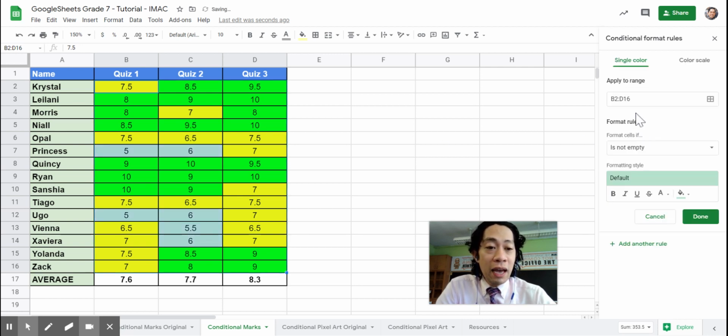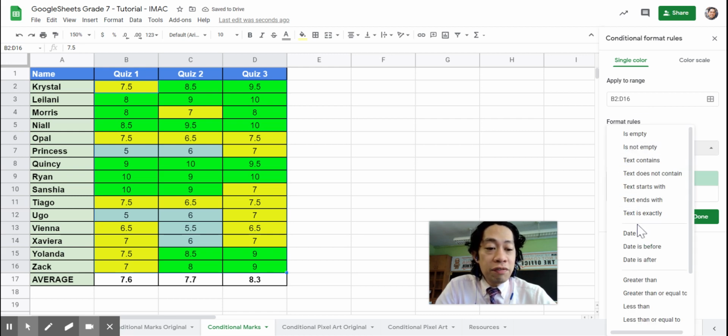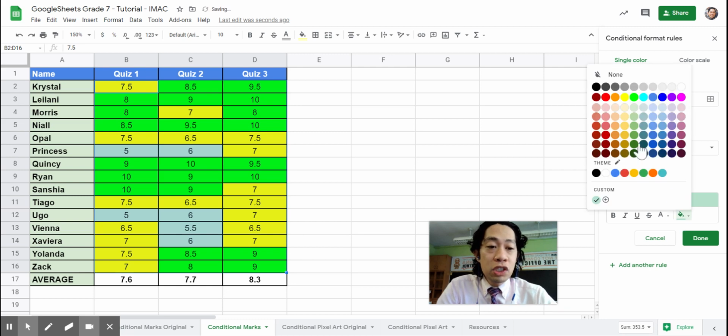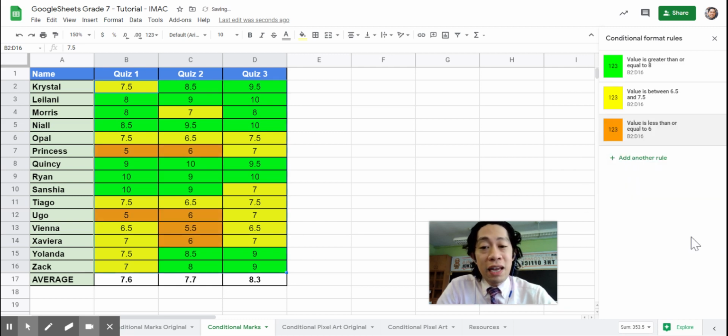The last rule I'm going to add, or the third rule I'll add, is if these marks are less than or equal to 6, then I'm going to change these to orange. So again, it filters out and looks for numbers that are 6 and less and will color them orange in order for me to visually see at a glance quickly any trends that I need for gap closing or for